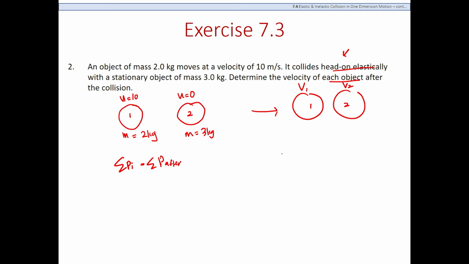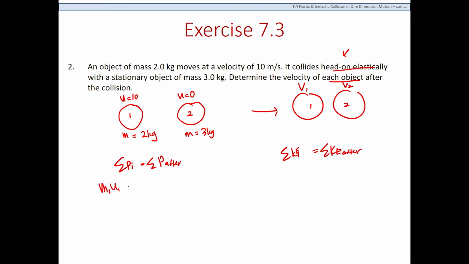The same goes for kinetic energy: the total kinetic energy initially equals the total kinetic energy finally. So we have to come up with two equations. For conservation of momentum, total momentum initial equals total momentum after, which is